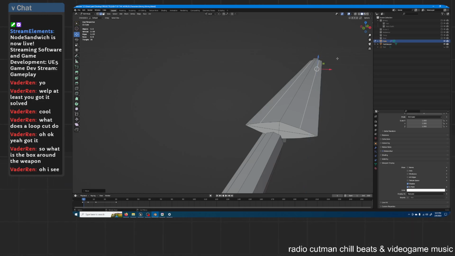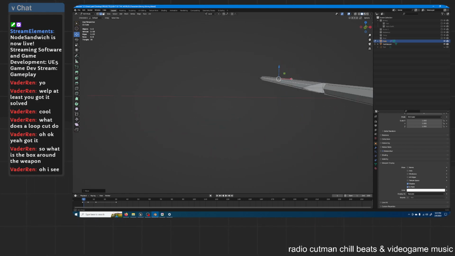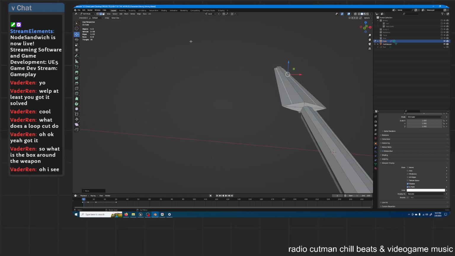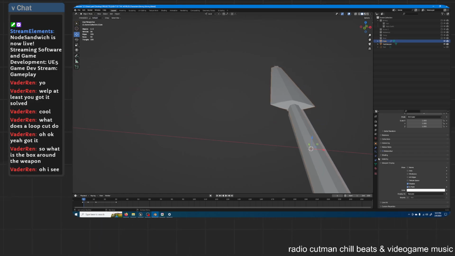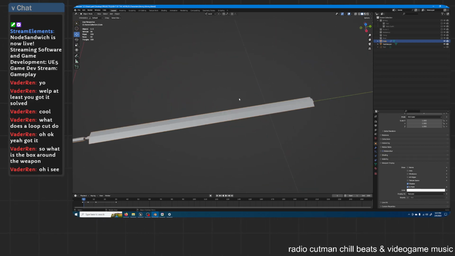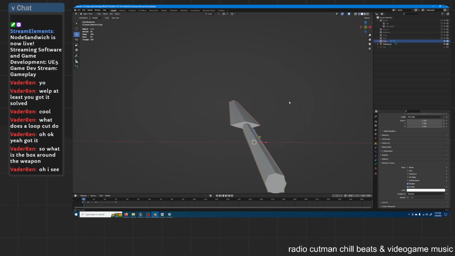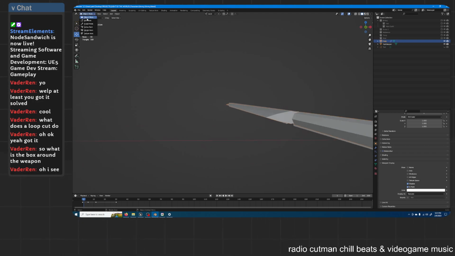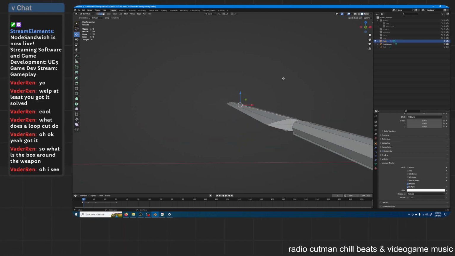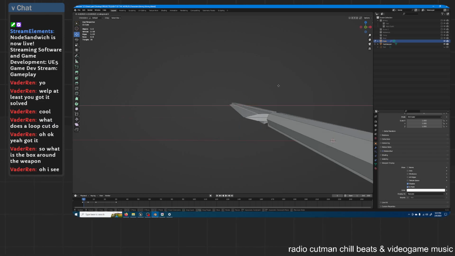I don't know if I want this blade to be two-sided. I almost wonder if I should apply here. You know what? I'm gonna apply that. Because I don't know if I want the blade to be two-sided. I almost want it to be like one-sided on this side. But I can always make another weapon if I need to. So I'm thinking we can just, chances are this might just be another test